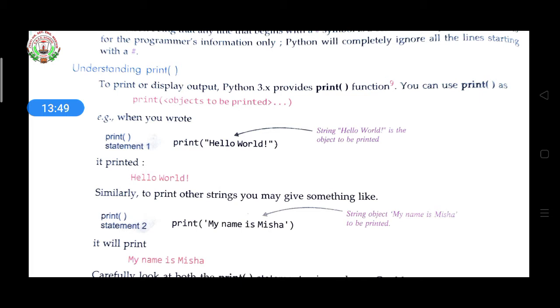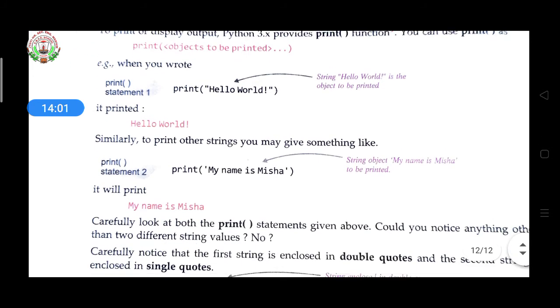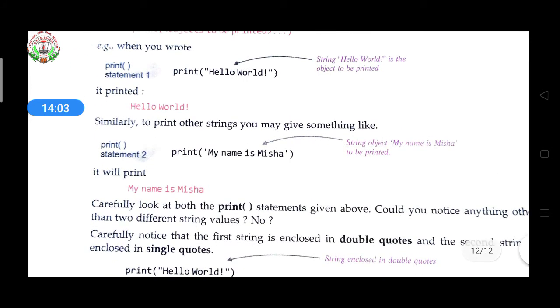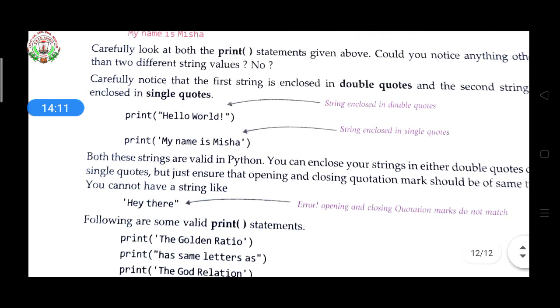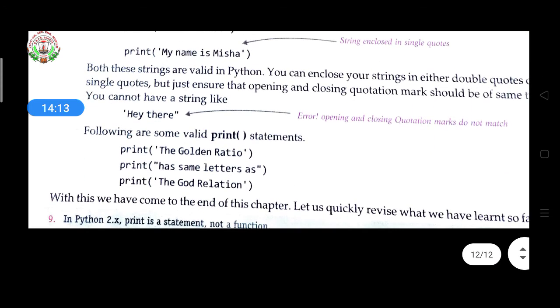You will write the object to be printed there, and then that line will be displayed on the screen after you press F5 or click on the run command. Then it is written here how to write a print command. Print is used to print your statement on the console. Console means your screen. Like this the print function is used here.